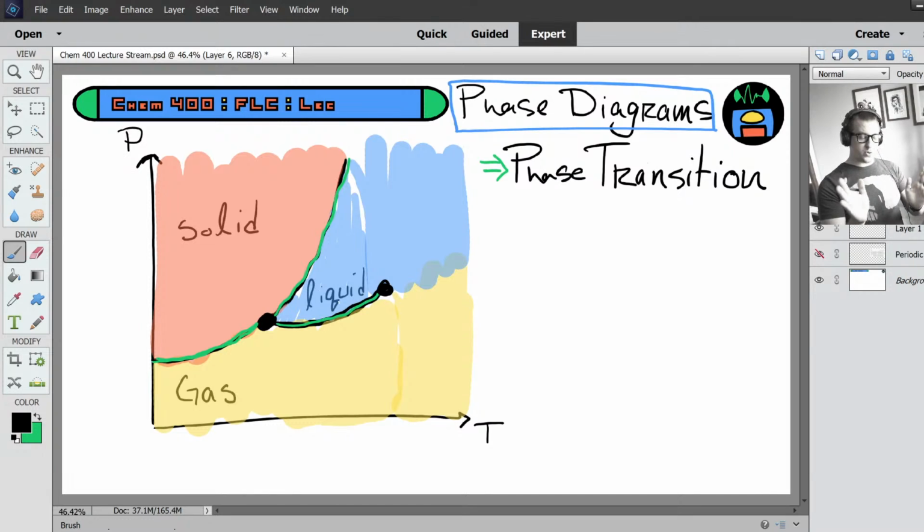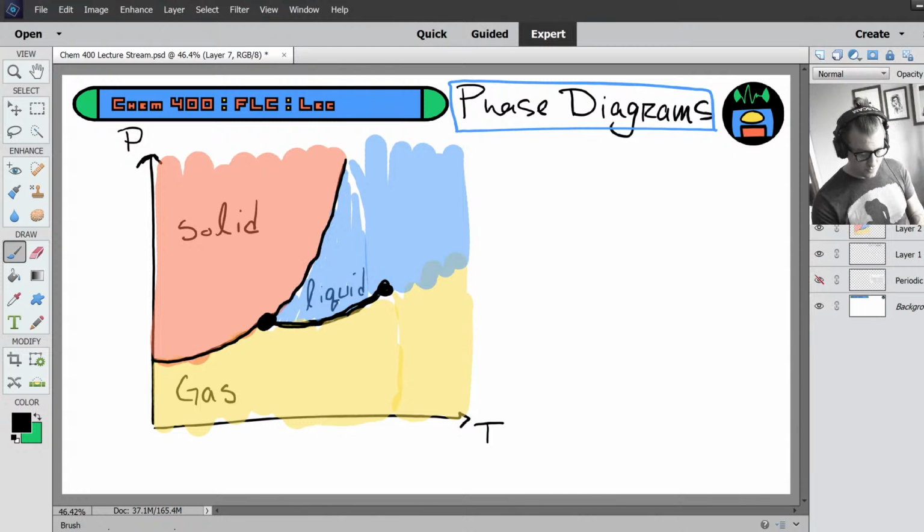All right, those borders of the regions between solid, liquid, and gas represent the pressures and the temperatures at which the transitions between phases occur. So, a little bit of a refresher. If you look at this border,